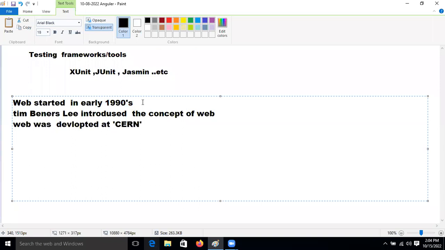Then why is there suddenly a need to use Angular and React? Previously, people were also developing web applications. So what is the need?